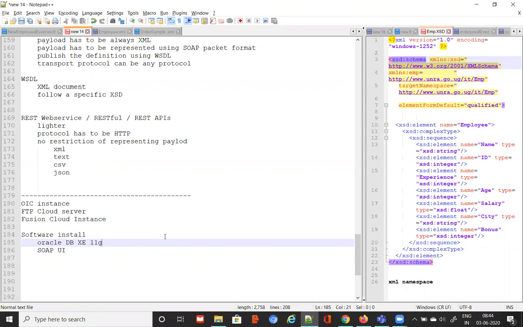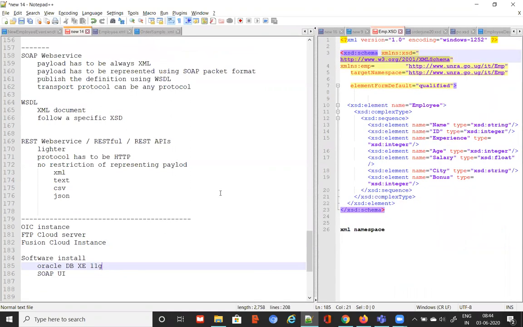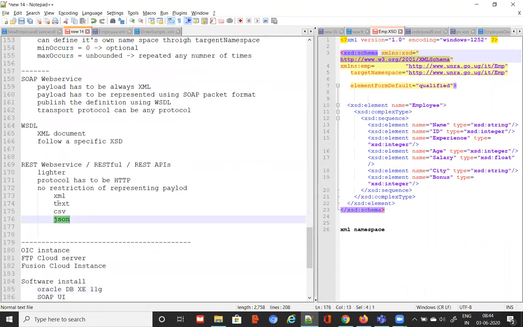Okay. One more question: is there no restriction on representing the payload? So this REST service can provide not only a JSON output, it can also provide CSV, text, XML also? Yes. It's a very nice way of representing services. SOAP has its own advantages, like security, where you can implement its own security. Usually in the case of REST services, you depend on HTTP-level security. There are technical differences like that, but usually for our integrations, that's not a big deal.